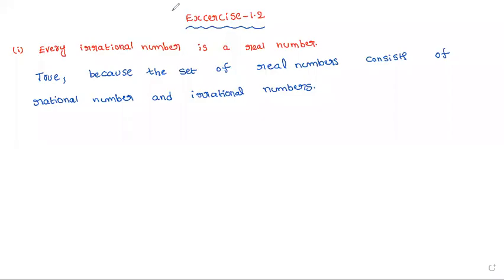So real number is a combination of rational and irrational. Real number is a definition. Real number is a combination of rational and irrational. So every irrational number is a real number. The second question,